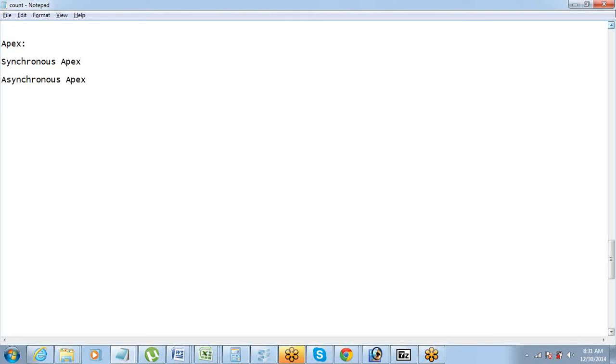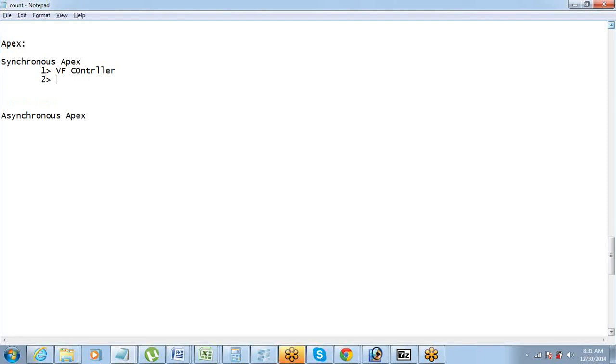However, so far whatever we have done, these are all examples of synchronous effects. Like VF controller, that works when the page is loaded, right? So that is the synchronous effects.